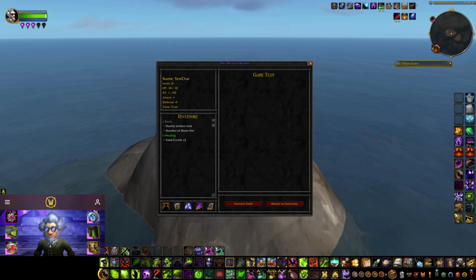Okay, this is the first zone. It's the cave. The other buttons down here I'll show you in a sec. We have the knowledge ledger, the portal stones, rare enemies, and special encounters. The knowledge ledger,